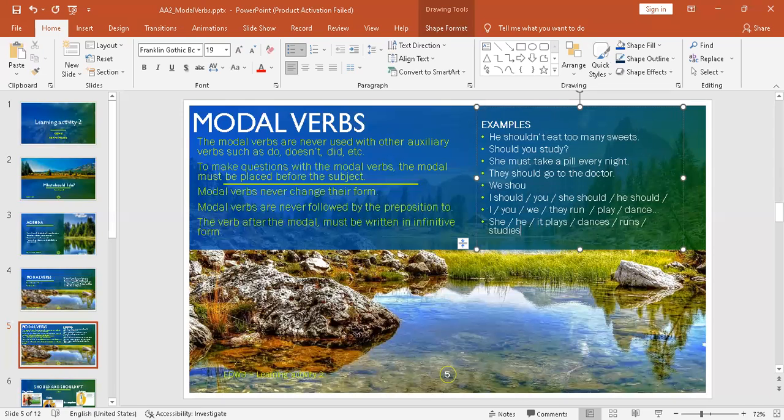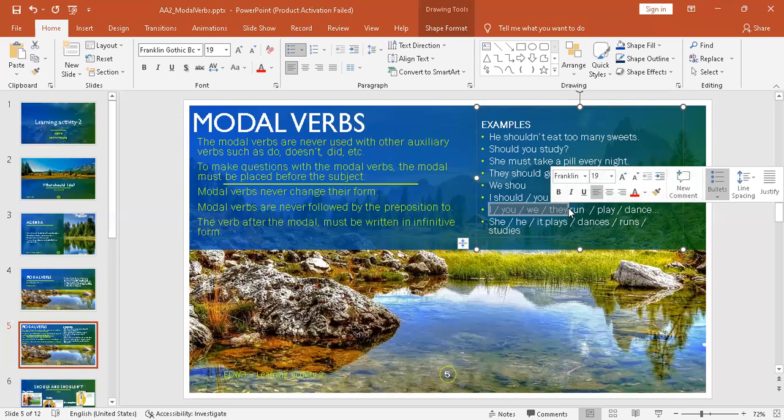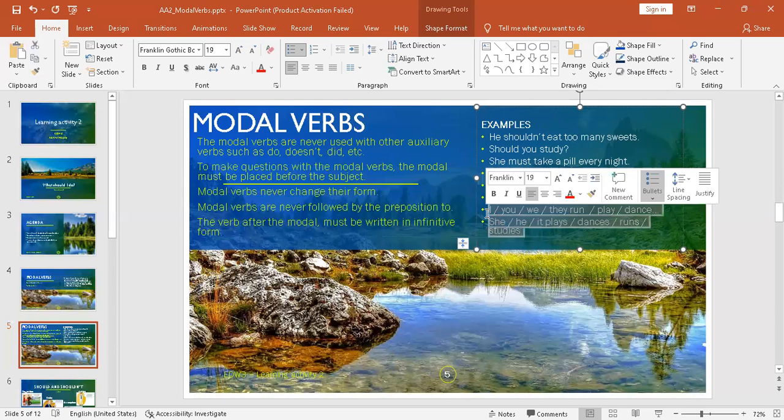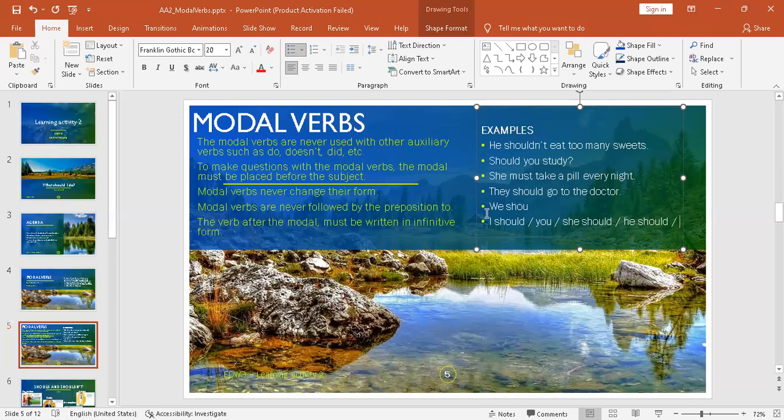Remember that. Recuerden que en el presente simple tenemos entonces dos conjugaciones, ¿cierto? Una primera conjugación, que es la que utilizamos pues como para estas personas, y es el verbo tal y como lo encontramos en el diccionario, así tal cual, run, play, dance, ¿sí? Y tenemos para tercera persona singular esta declinación, que es la declinación con S. Con los verbos modales, no. Yo digo, I should, you should, she should, he should. No le tengo que poner S, aunque esté en presente. ¿Por qué? Porque el verbo modal, como les decía al inicio, es un verbo especial, es diferente a los otros verbos, ¿sí?